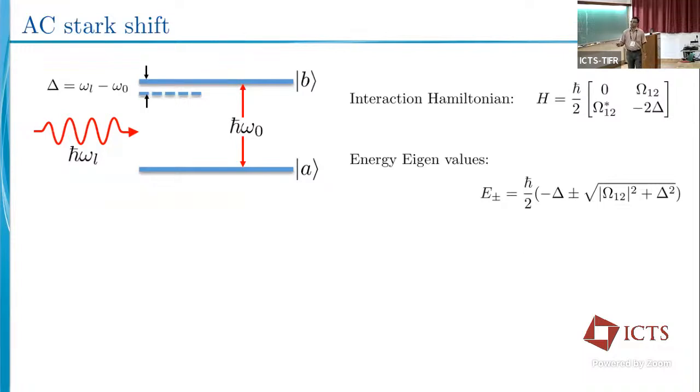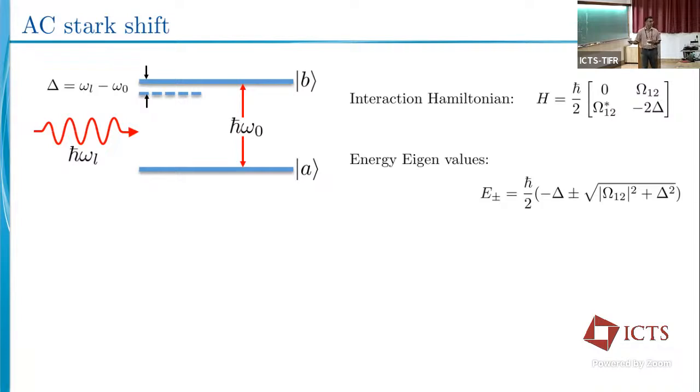And one more thing, when we are solving it, we have the bare atom Hamiltonian and the interaction Hamiltonian, and when we solve this in the interaction picture, you will get this Hamiltonian. I will use this Hamiltonian to show how it is converted into single qubit gates. I will be using this one. You will find this in Metcalf's book, and many books are now there. And if you solve it, you are going to get the